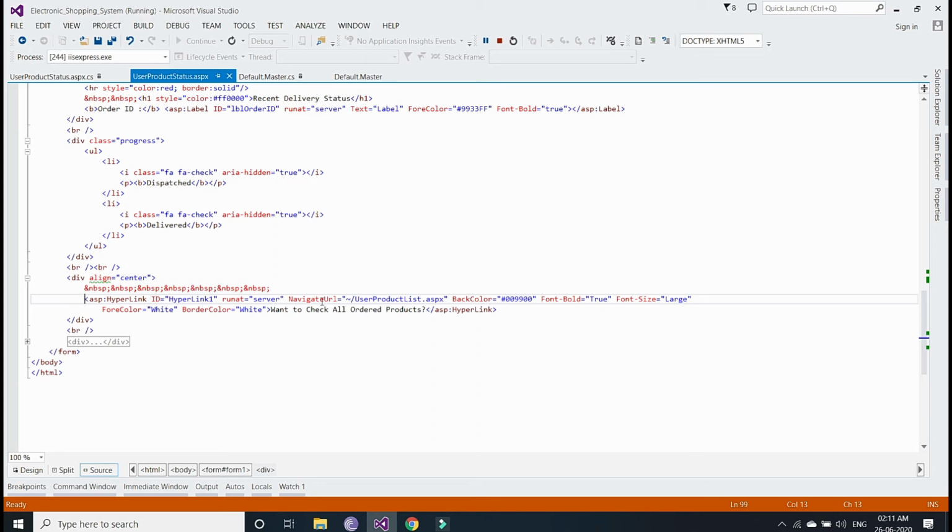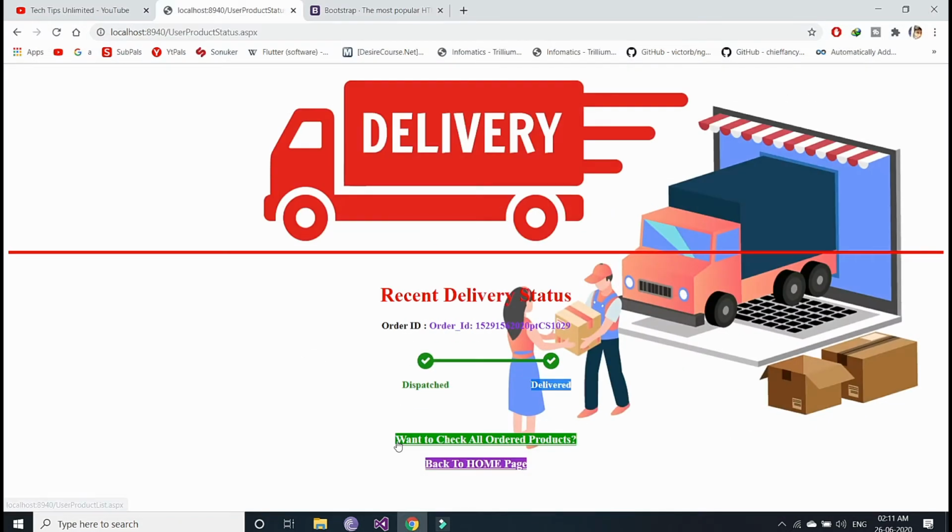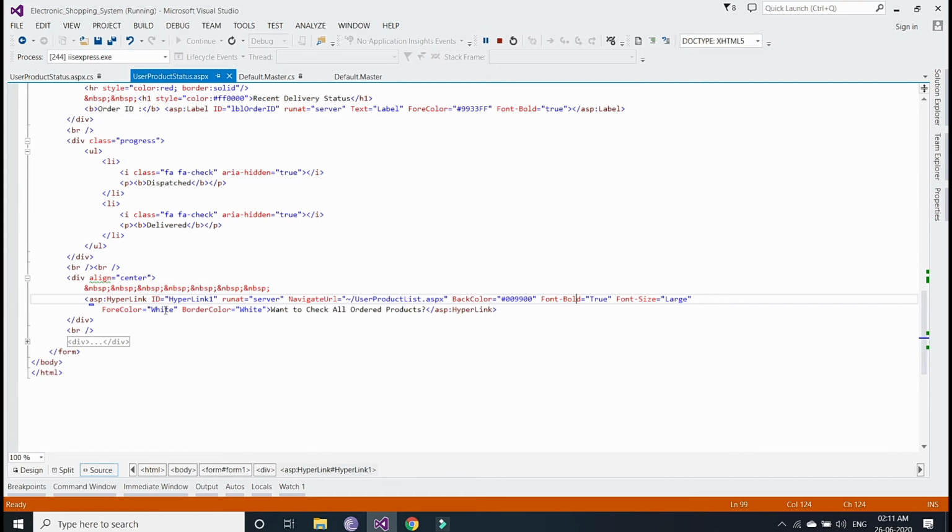It's a hyperlink, so I've given the navigate URL page link here with the background color. I've given the back color, font bold true, font size large, and the fore color is white, border color is white. You can see here this hyperlink I've given here.